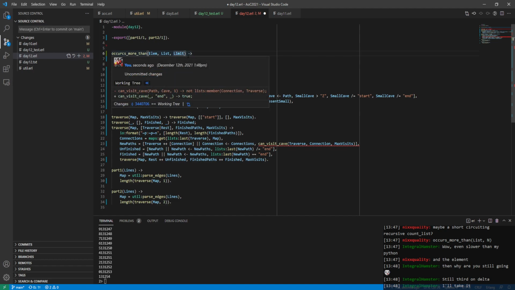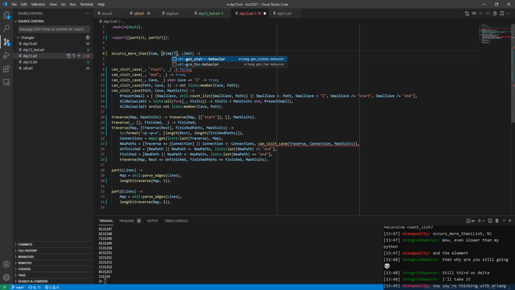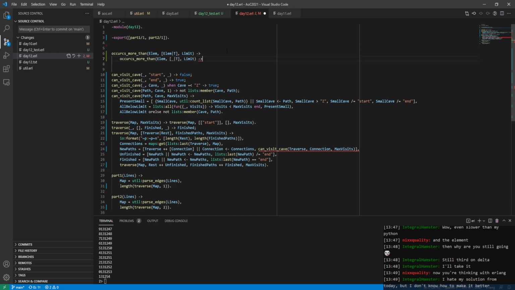I need an accumulator. Oh, but no, you can just do that in limits. So, and then you can do LM. No, wait. Whoopsie. No. Do it here. And then if it's the same, then just continue with list and limits. And do...